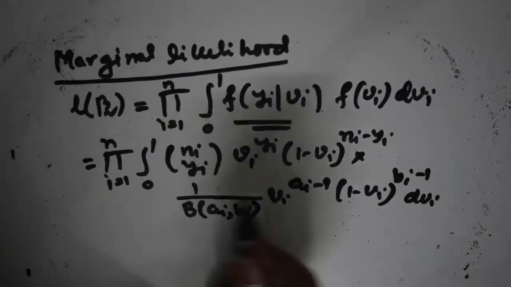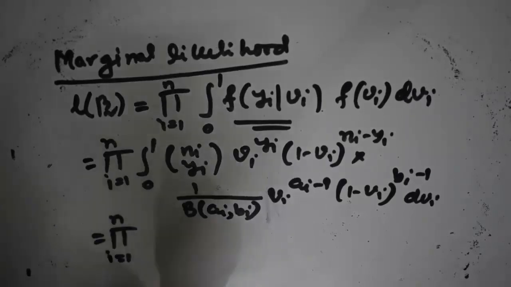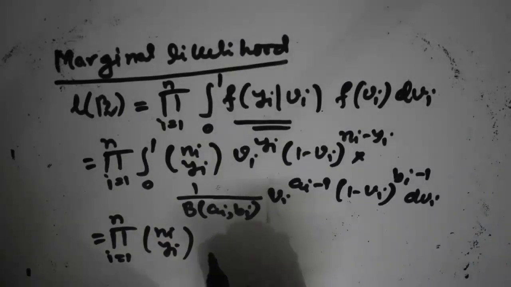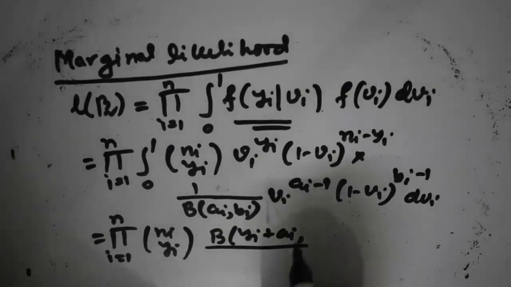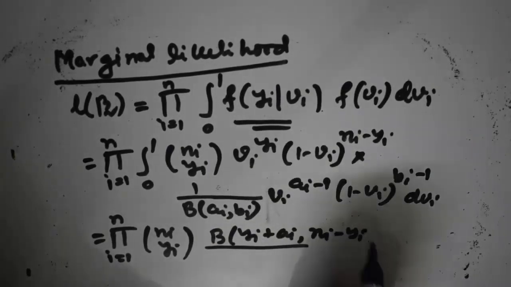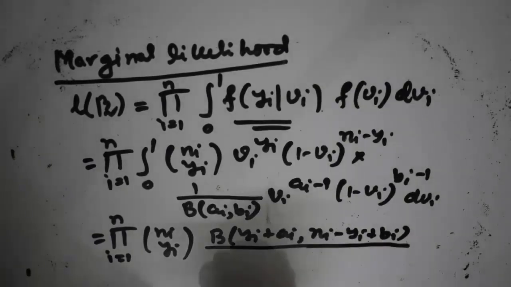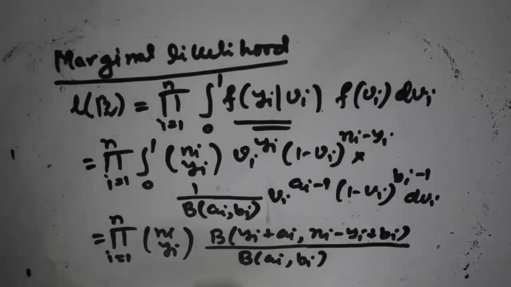And if you simplify this thing, then you get the product of i from 1 to n, nCyi, into beta(yi + ai), (ni - yi + bi), by beta(ai, bi), where